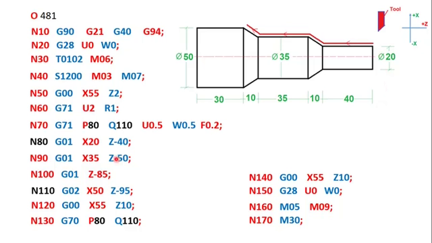So as usual, the main thing is this one, where we are defining P and Q. We have to define the path, all the coordinates defined in block numbers N80 to N110. That has to be defined here. These are against U and W, that is the finishing allowance in X and Z direction. And again here, P and Q, you have to define from which block the path coordinates have to be taken. Right?